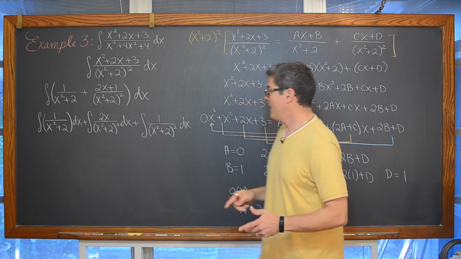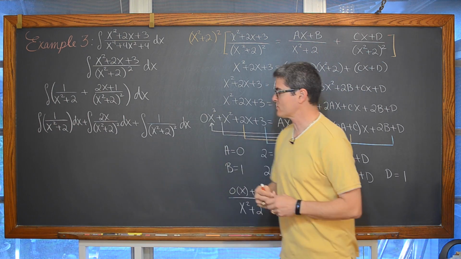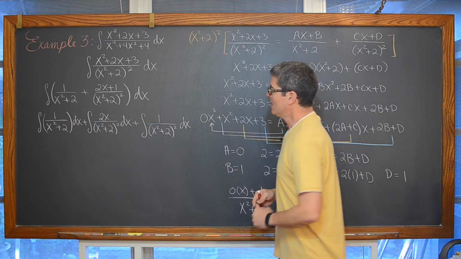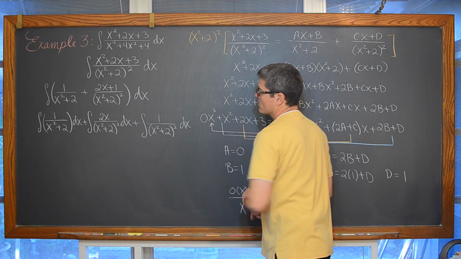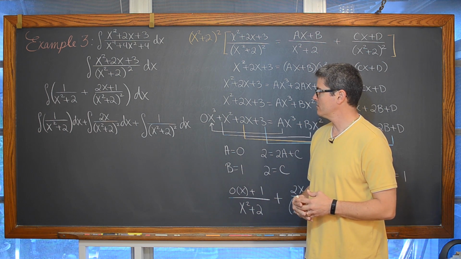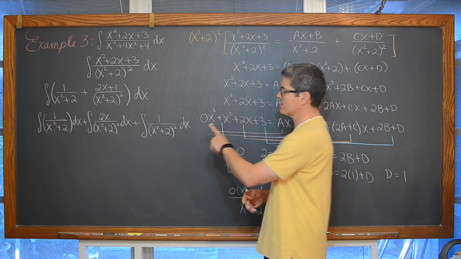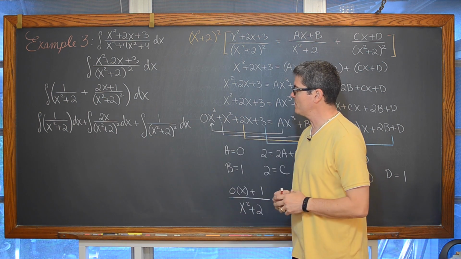Awesome. So we have an integral that's going to end up being some inverse trig function, arctangent. We're going to have a u prime over u, that's going to be the natural log of something. And now we have the integral of 1 over x squared plus 2 squared. Well, that kind of looks like the same as what we have over here, but here our x squared plus 2 is inside a power of 2.